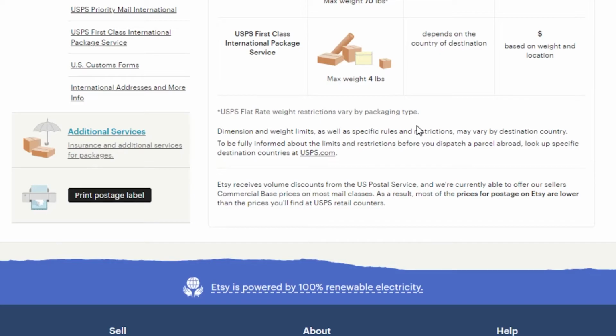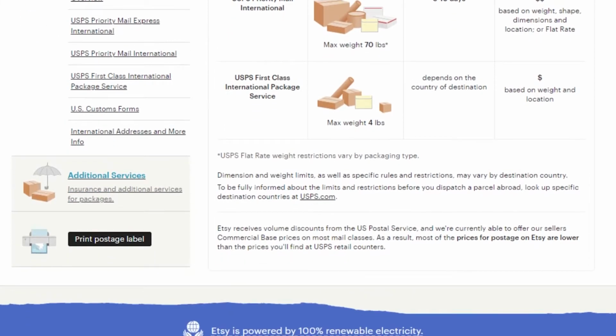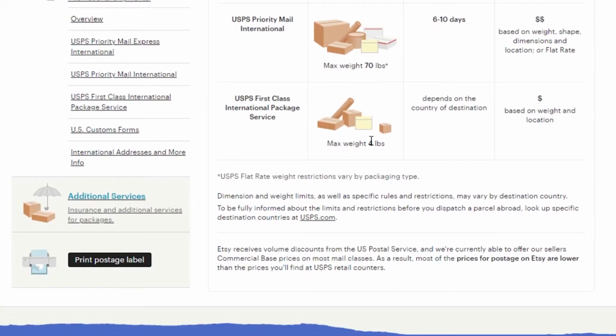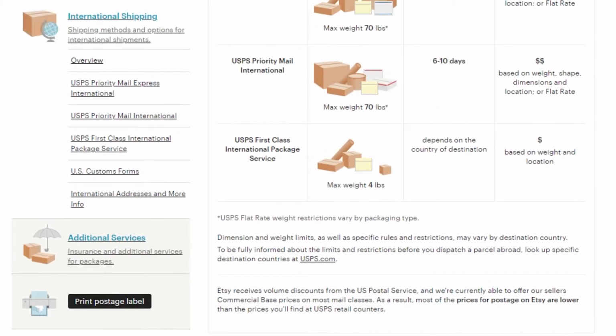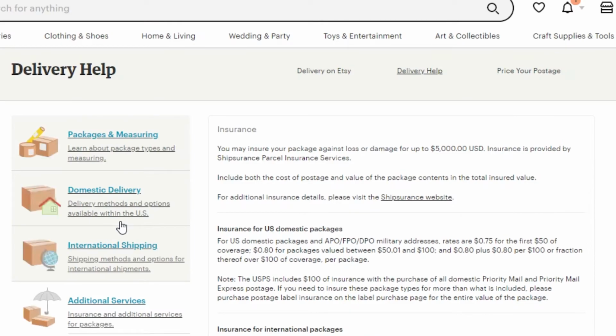So now there are different restrictions that come when you are shipping internationally. For example, the problem that I face most of the time is that when I am sending a shipment to certain countries, the packaging's maximum weight is 4 lbs, so that actually gets in the way of shipping. But it's okay because Etsy actually allows you to ship internationally to many countries, almost all the countries around the world. And after that, you can go ahead and check out their additional services as well, because Etsy